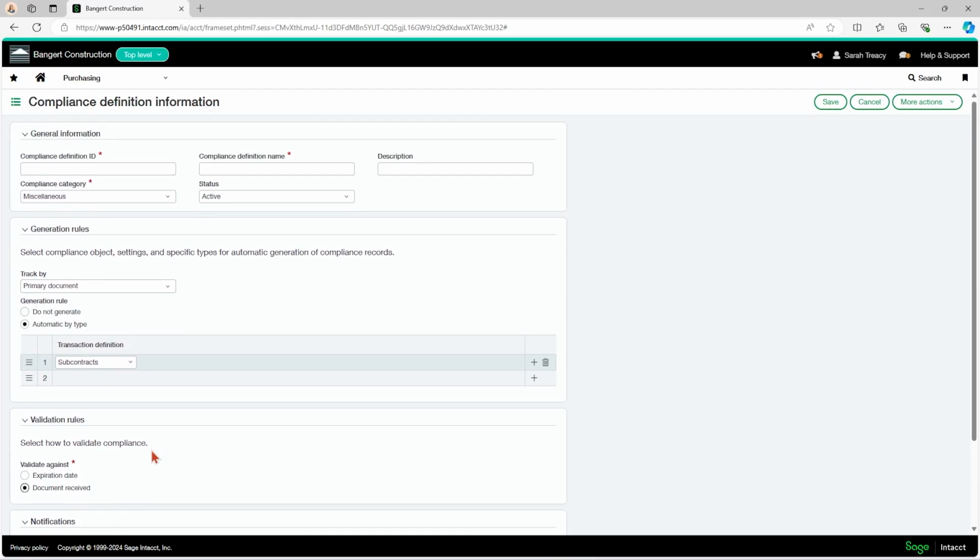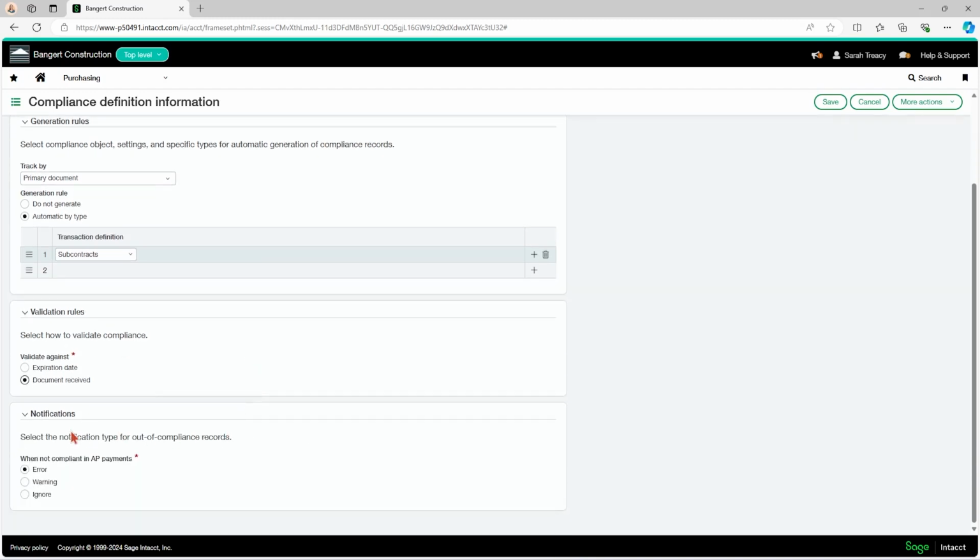I do like to give examples, but I don't want you to feel limited by what I'm saying either. You know better than I do what you need as far as tracking compliance, and the options within the miscellaneous category are pretty unlimited. So with regards to your notifications, you have the option to do an error, warning,